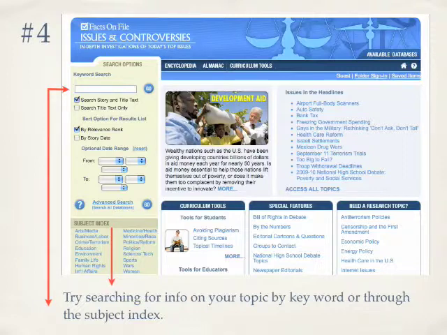It's a great resource. You're all talking about controversial issues, so it has lots of resources and information and articles on your topics. And then it's also a great place to look again in the future if you're looking for a research topic, or maybe you need an editorial on a particular topic. Whatever you need, this is a great source. Again, you won't be able to access it without going through the library because it does cost money typically. It's got a huge number of databases that it accesses, so that costs money to maintain. But it's free for you as a UAA student, so definitely check it out, and hopefully you'll be able to find an extra resource or two.